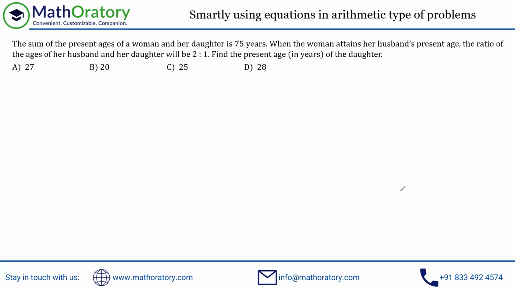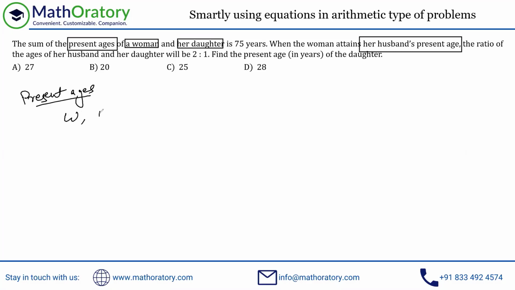Let me just draw your attention to three things here. First of all, in this entire question, there is an involvement of present ages of a woman, her daughter, and later on, her husband's as well. This is her husband's present age, something related to that. So if you've read the question, you'll understand what I'm doing. I'll start by assuming the present age of the woman to be W, the daughter's to be D, and the husband's to be H. So this is what I'll start with. Now, there are a few relationships that are there. Let us handle them one after the other.